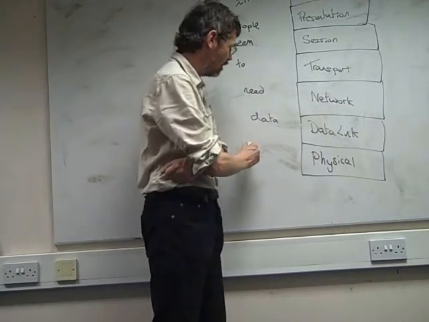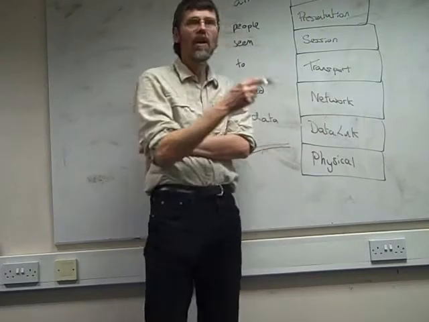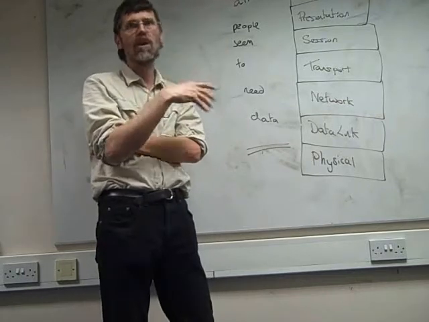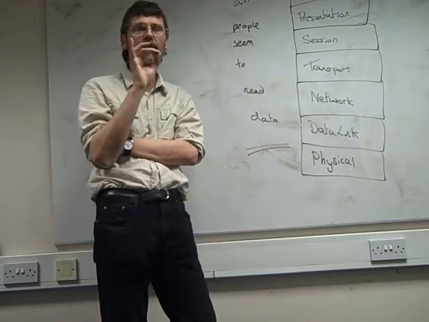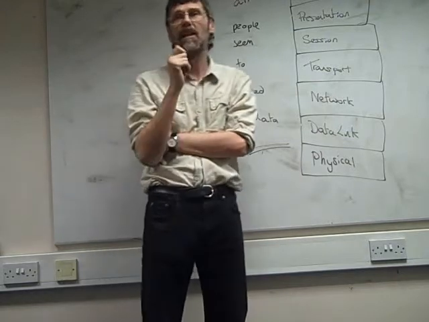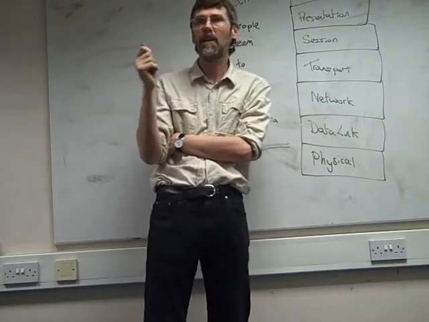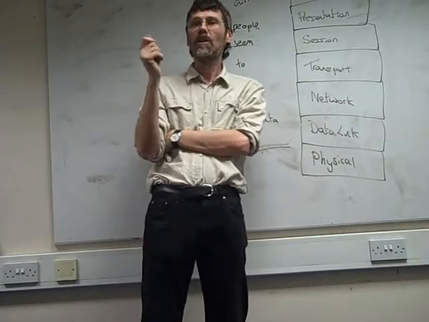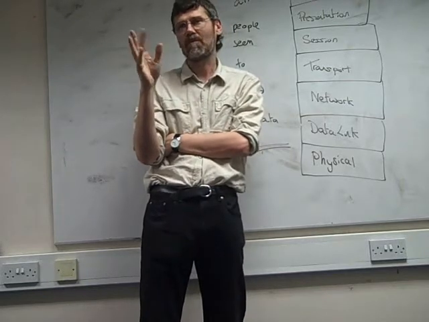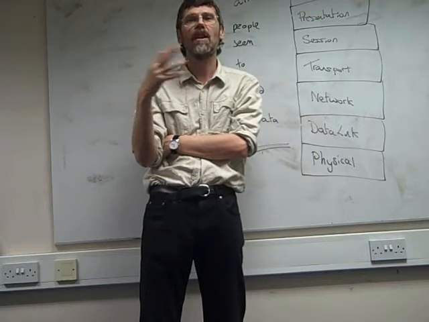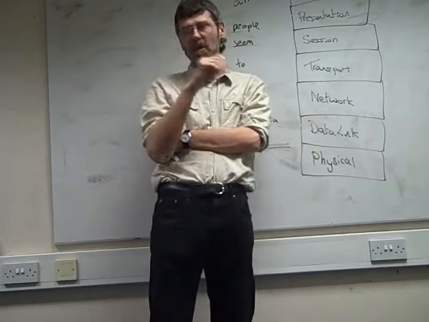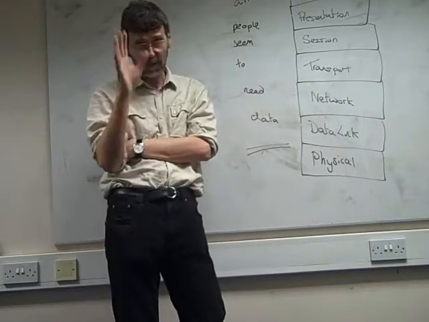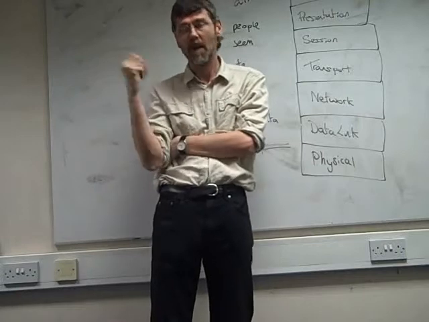Now, as well as the actual cable or the wireless thing itself, is the way we encode on that particular cable. So if it was sending zeros and ones down a copper cable, or flashes of light down a fibre cable, it's saying, well, how bright a light is a zero light, and how bright a light is a one light. At what point is a light a 0 or 1, or is it just a fluctuation in the environment or the cable? At what point is it saying, okay, these are just random fluctuations, and my message is about to start, so hang on, wait for a message coming, look out, message coming, here's the message, start listening now,